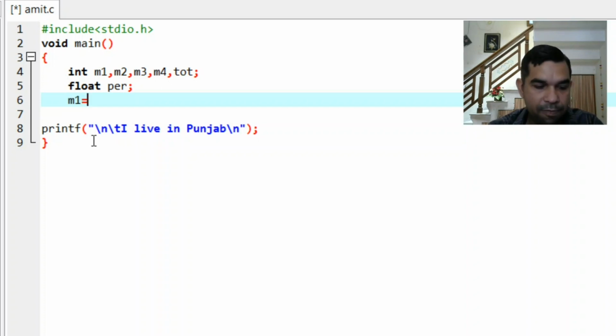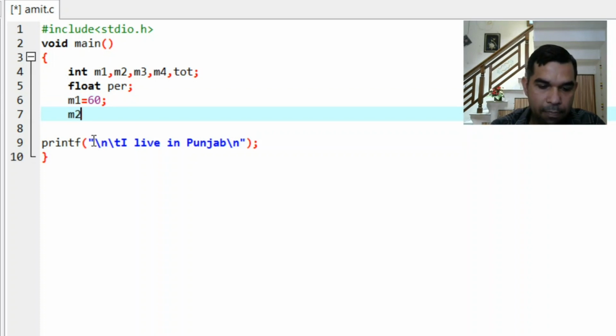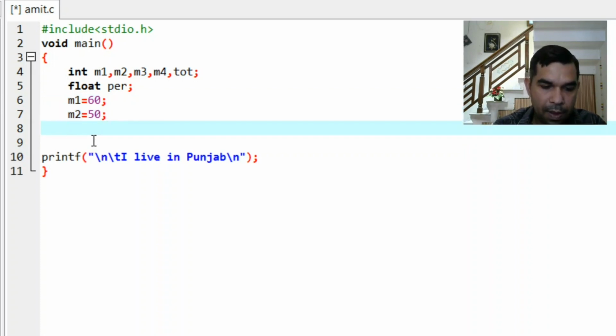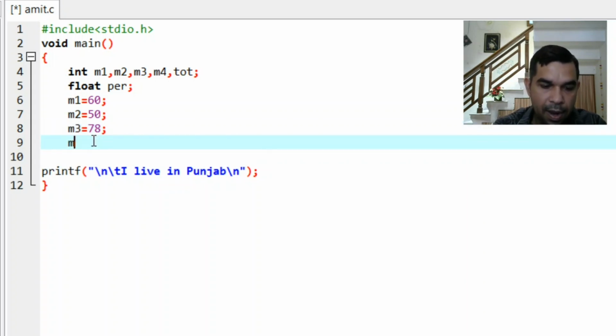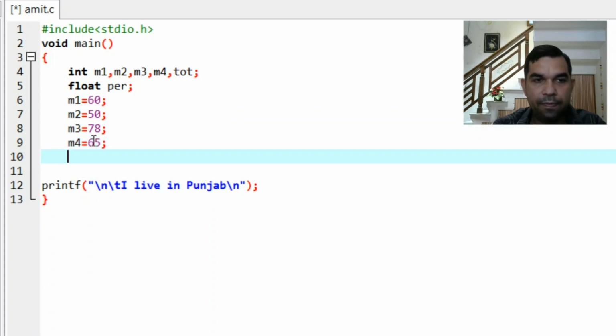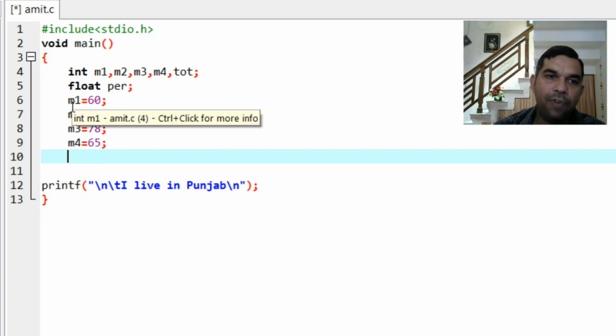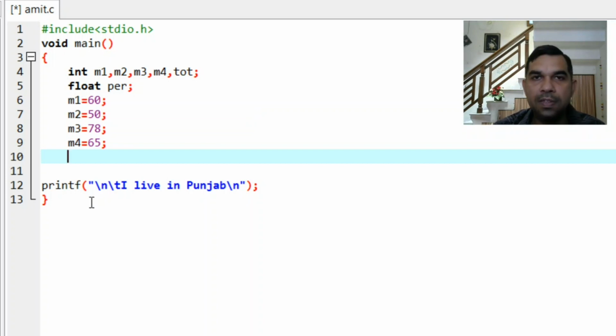Let marks in the first subject be 60, M2 is equal to 50, M3 is equal to 78 and M4 is equal to 65. So with this, what we have done is assigned 60 to M1. What does this equal to mean in a program?